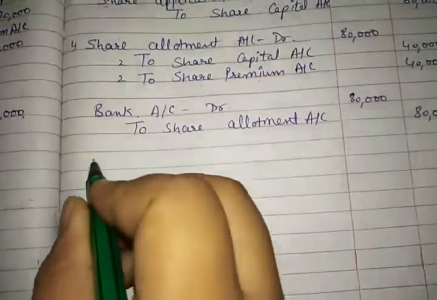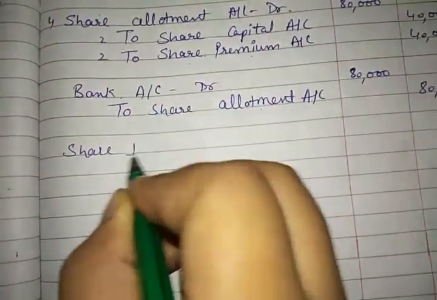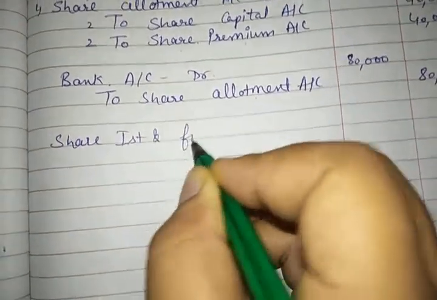Now the next thing is, we will make a call for the first and final call. So the entry will be share first and final call account debit